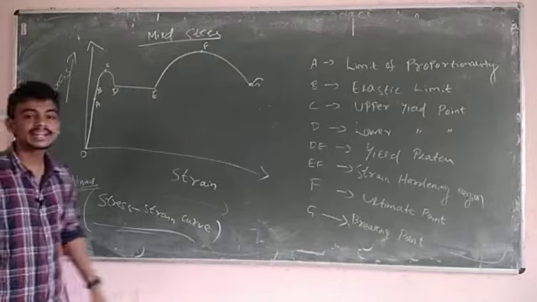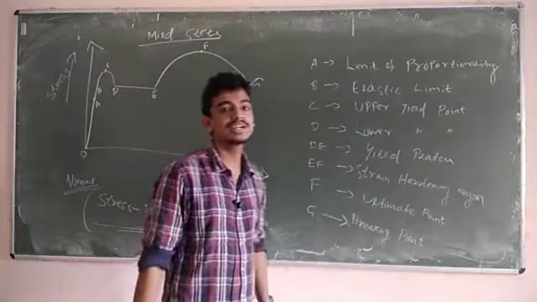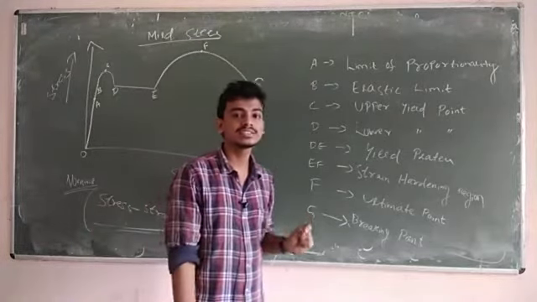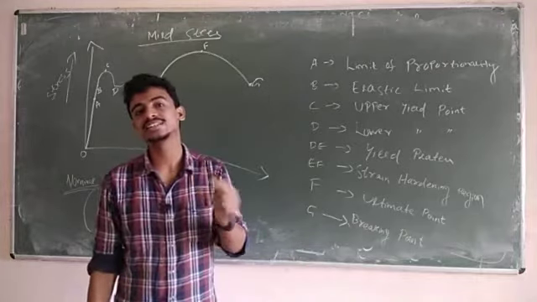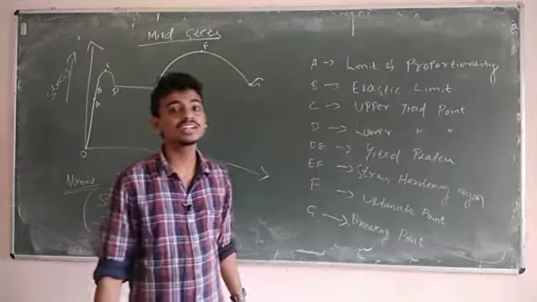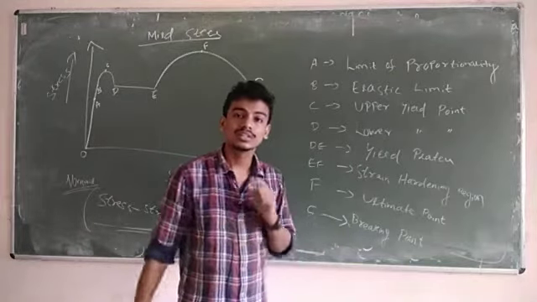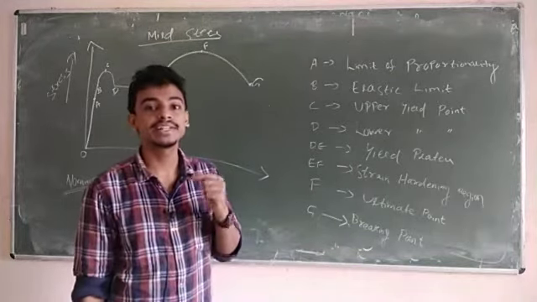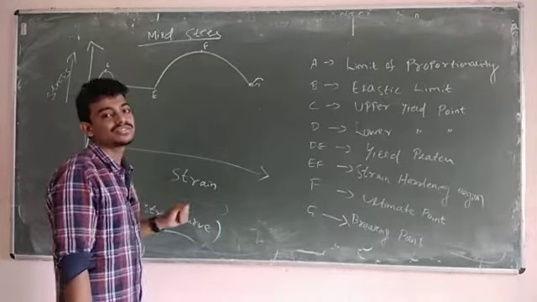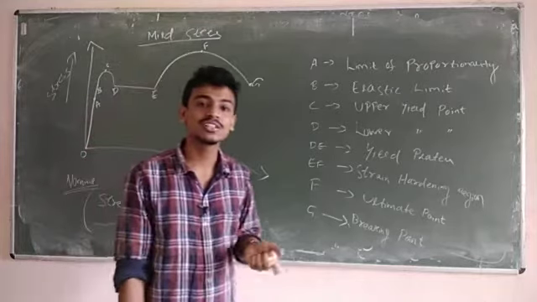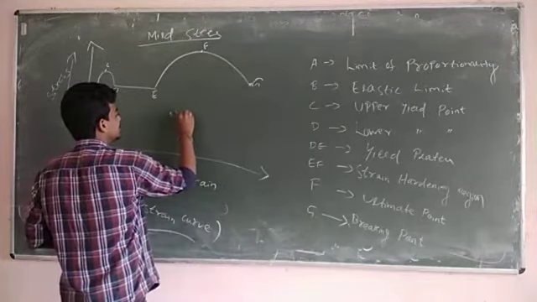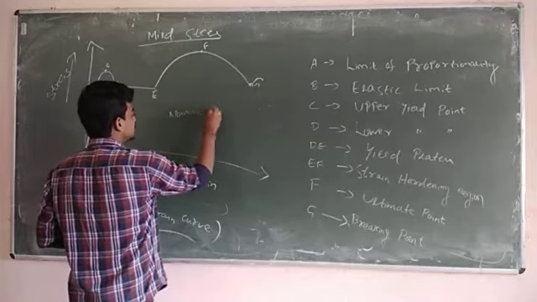Because the area of cross section of that material we are taking as constant, but in actual practice the area of cross section will definitely change because we are giving some tensile load, we are giving tension to that material, so the area of the specimen will definitely change. But in this curve we are taking the area of cross section as constant, so this is generally called the nominal stress strain curve.